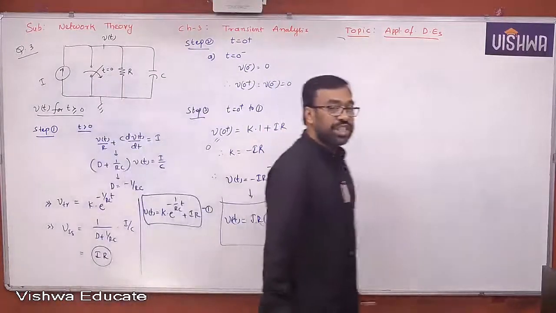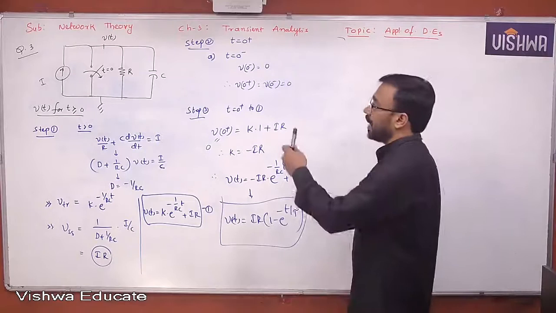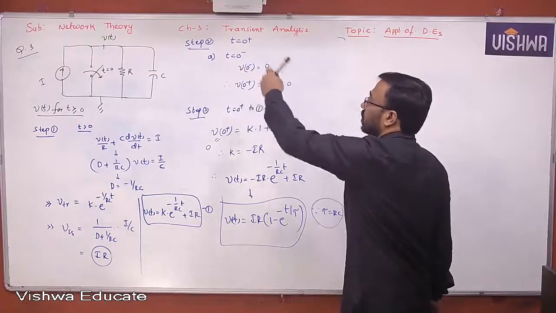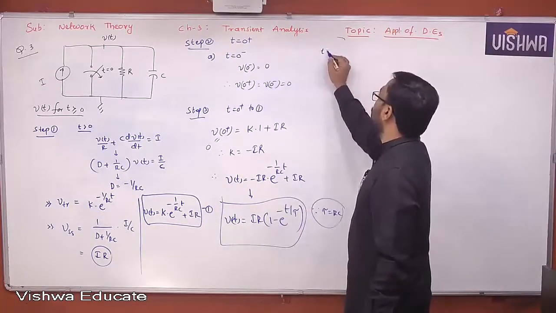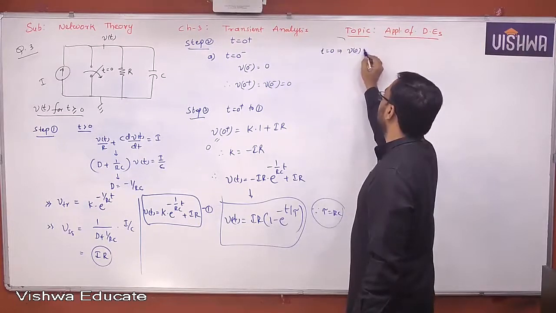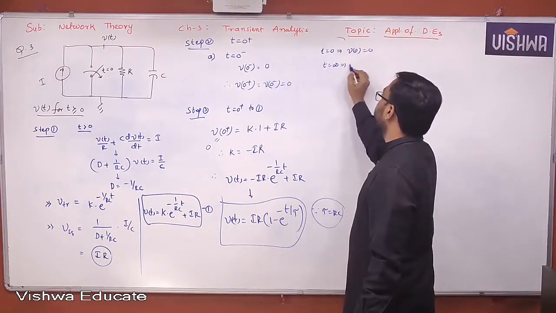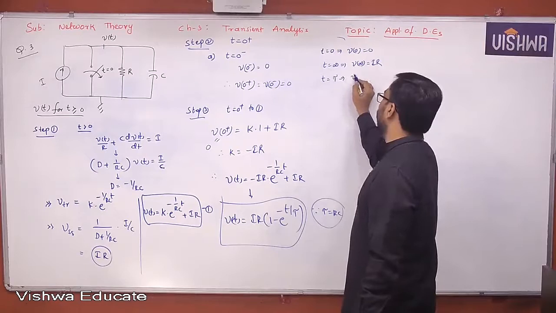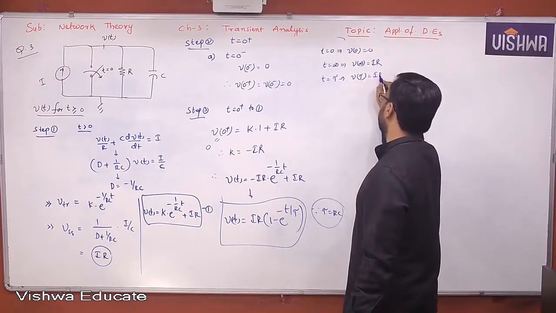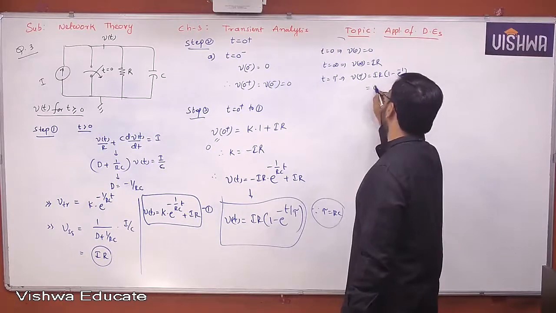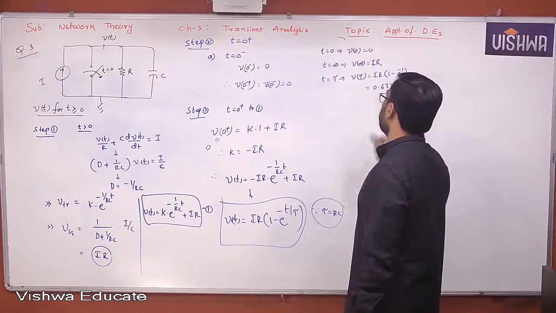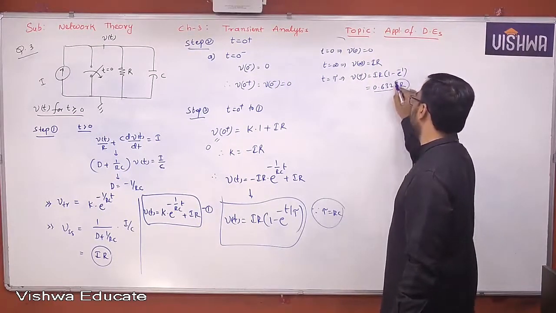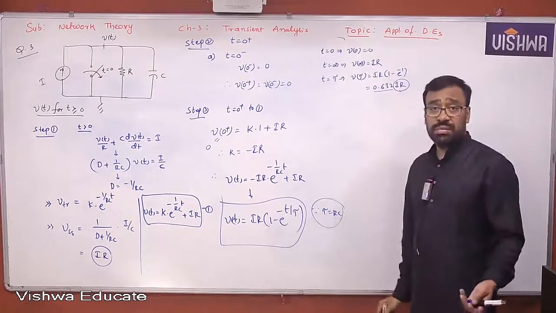This is again an exponentially increasing function. The voltage across the capacitor or the node voltage, both are the same. Of course, the voltage across the resistor as well as the current source, because all are connected in parallel. Now at t equal to 0, V of 0 is 0. At t equal to infinity, V of infinity is IR. At t equal to tau, V of tau becomes IR into (1 minus e power minus 1), which is 0.632 times IR. So it is the time taken for the response to reach 63.2% of its final value. Do you understand that, all of you?